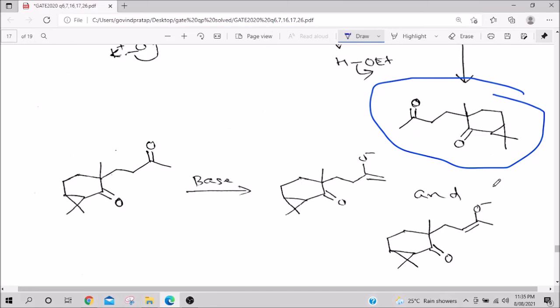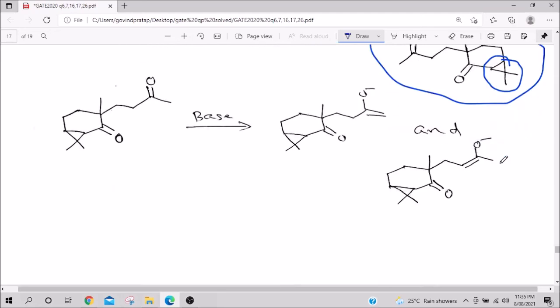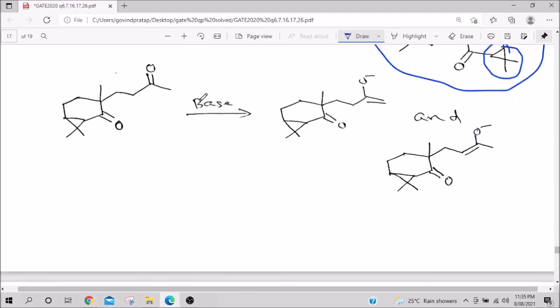Now, still the system is not very stable. Why is it not very stable? Because this strained ring is still there and it will try to do something. Now you put a base. The base will pull away protons. It can pull from here also. It will pull from here also, because the base is already there. You know, alcoholic KOH is there. So it will remove both, and I would say rather this is formed more.